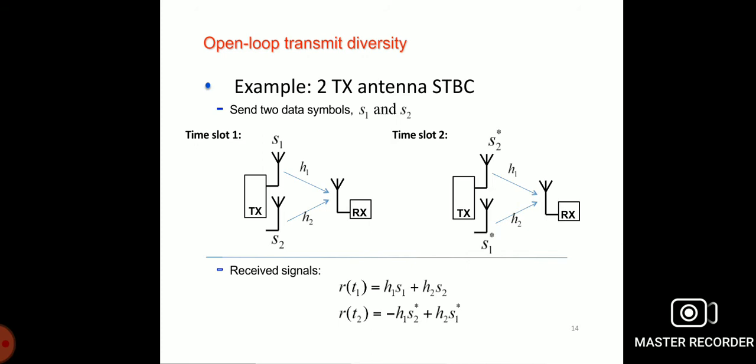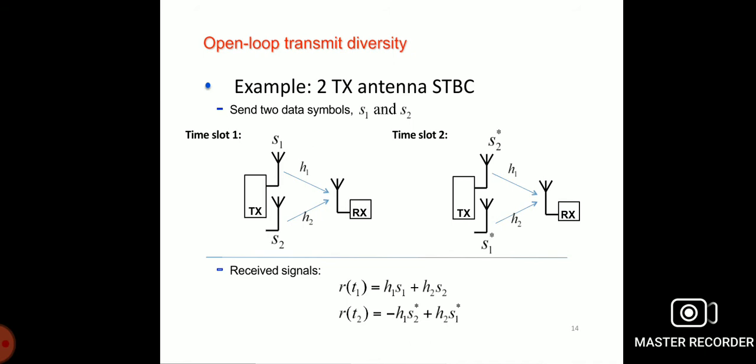So the maximum ratio combining of the signal is multiplied by the summation of the power in the wireless channels. In this transmitter diversity scheme, an array of transmitting elements is used at the transmitter. If a similar received signal is achieved, then you have an optimal ratio transmission at the other end. It is considered a system of transmitting antennas with a single receiver antenna. Let the transmitter receive the channel state information.